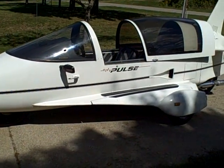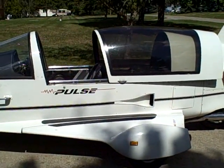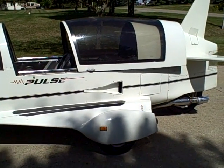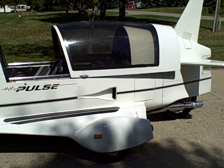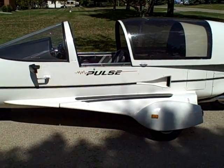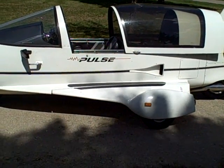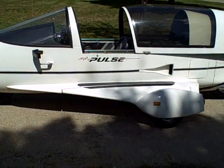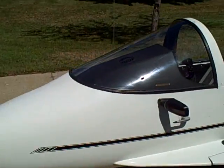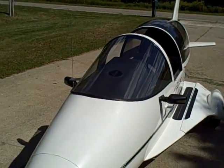Now, after they closed the factory in about 1986, the owner of Owosso Motor Car Company moved everything out to his home. He built another 100 Pulses, and he closed in January or February of 1990. All the ones that he built out at his house, he used a Honda Goldwing, either the 1100 or the 1200. Some of those Pulses do have air conditioning,